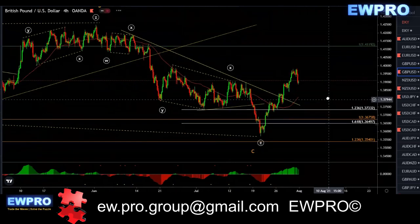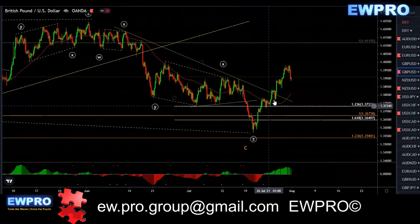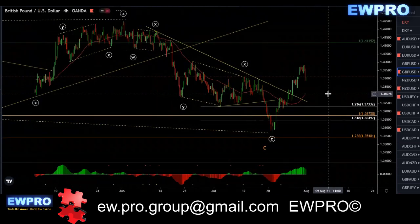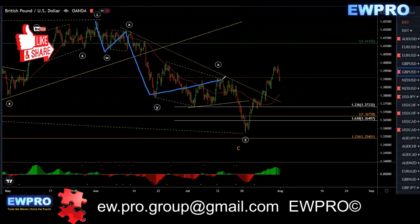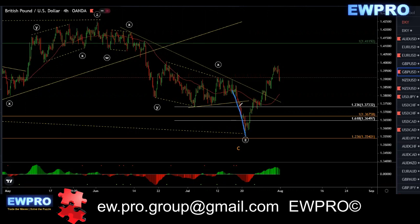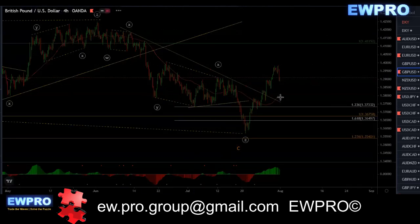Well, I said, this is one that I will be taking, even though it's risky. It was a little bit risky, the buy, when we get down to the H1, but we got a WXY. This is a larger correction in here, but we got the Z down and we've got the bullish divergence. Broke both our targets here, but going down to the H1,